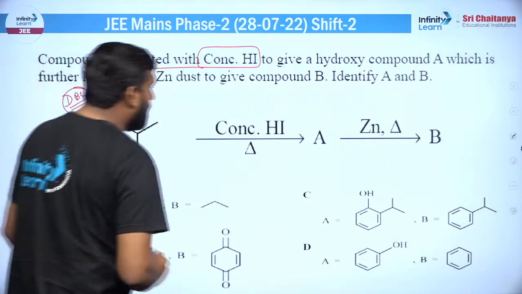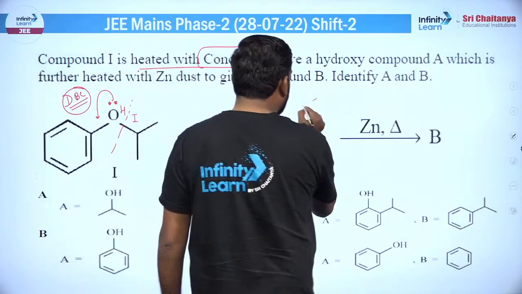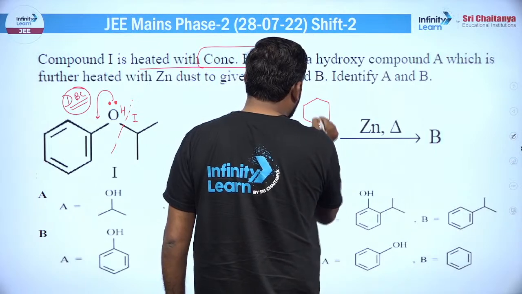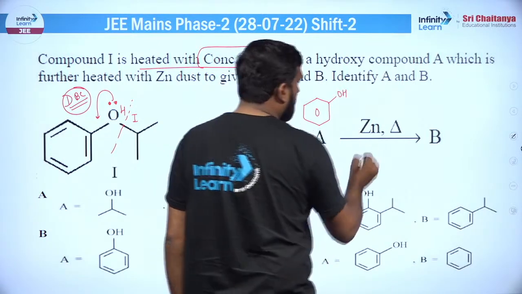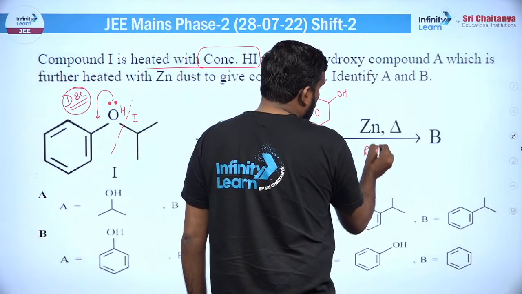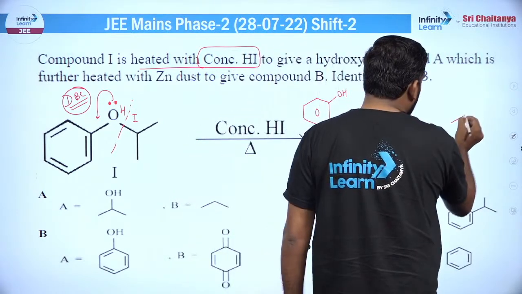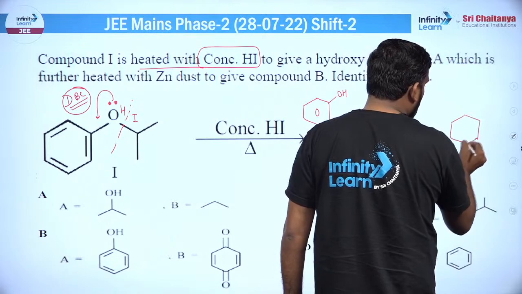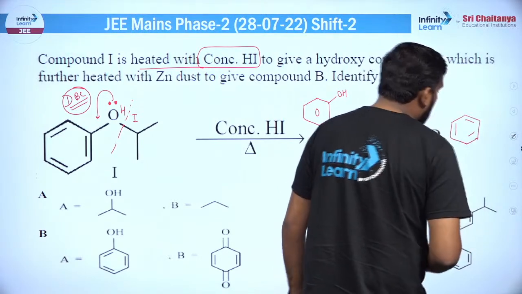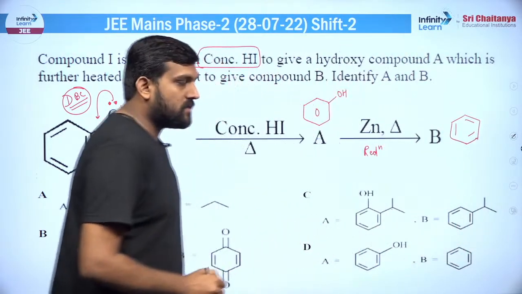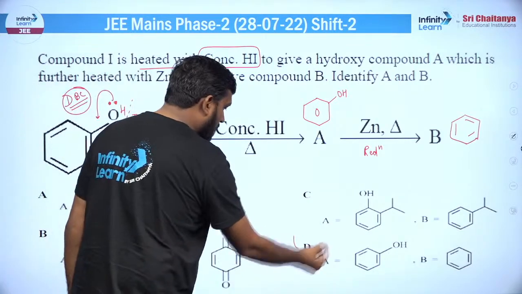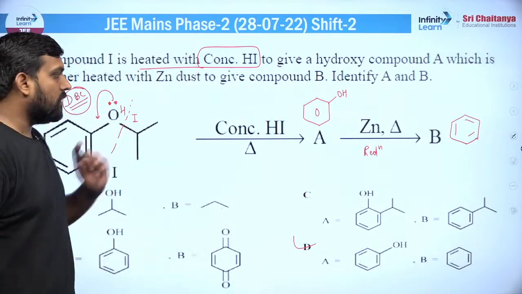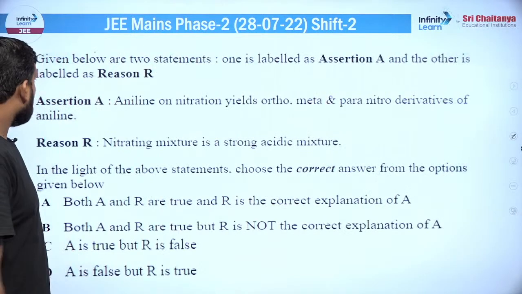तो अगर आप यहाँ पे प्रोडक्ट देखोगे A जो बात की जा रही है, तो A जो है हाइड्रोक्सी कंपाउंड वो एक्चुअली फेनॉल है, ठीक है, वो बेसिकली फेनॉल है। अब फेनॉल का आपने यहाँ पर रिडक्शन कर दिया, ठीक है। तो फेनॉल का रिडक्शन कर दिया तो आपको B जो मिलेगा वो बेंजीन मिल जाएगा। ये बहुत ही फेमस रिएक्शन है कि अगर आपको कभी भी फेनॉल से बेंजीन बनाना है तो आप जिंक डस्ट से रिएक्शन करा देते हो, ठीक है। तो ये आपके फाइनल प्रोडक्ट आ जाएंगे जो ऑप्शन नंबर D से मैच कर जा रहे हैं, ठीक है। सो दिस विल बी द करेक्ट आंसर।